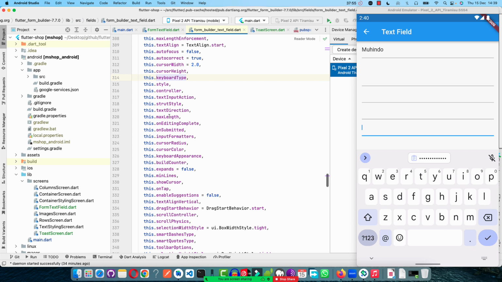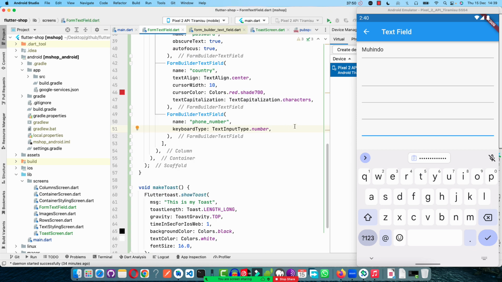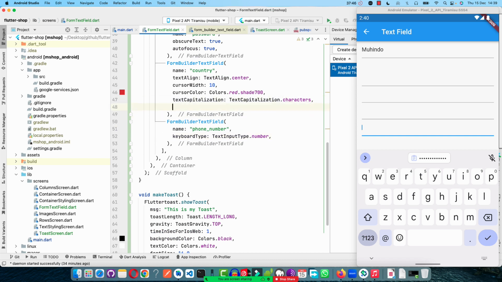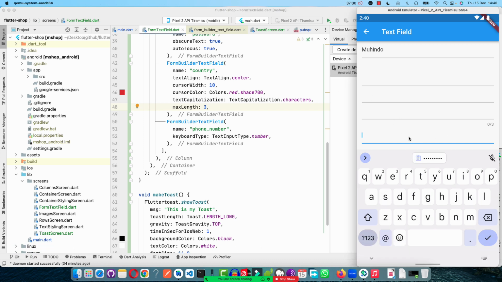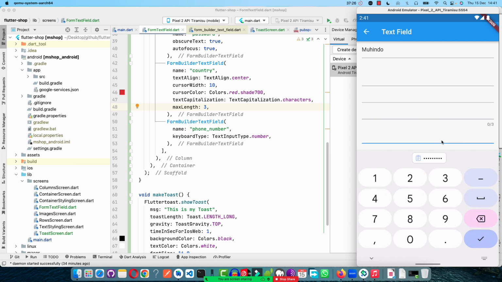We have another parameter, max length. Max length is the maximum number of letters that you want to allow the user to enter. For example, if I say maybe maximum length should be 5, I can simply say max length and make it 3. So when the user comes to this input and starts entering some value, we will start counting for him here. So when he types 1, see,